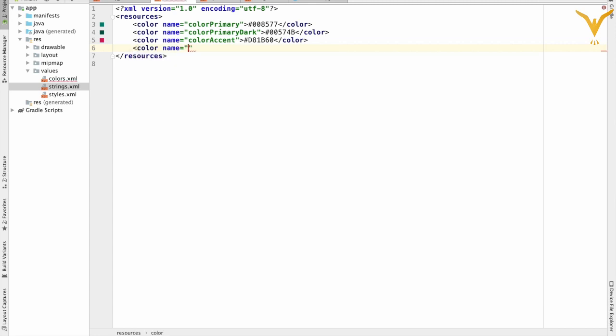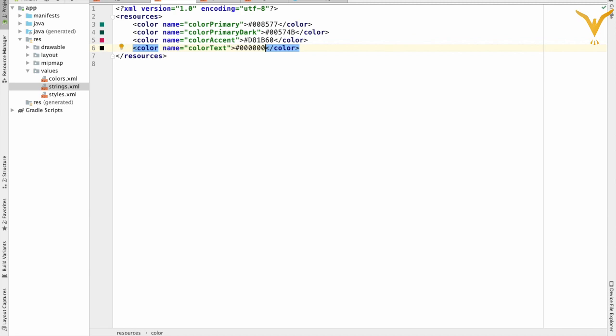Name will give it as color text, and here you can specify the hexadecimal value. Let's give it as 0 0 0 0 0 0.